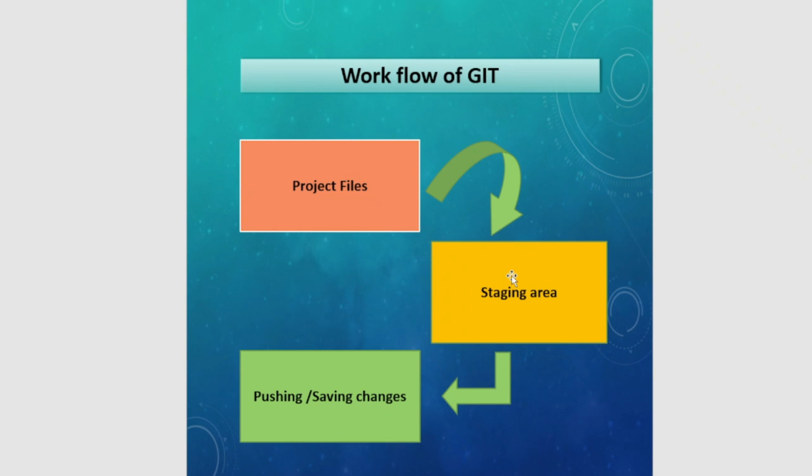Okay, now what is a staging area? You can say that the staging area is a compound where your files are kept, and they are held for approval, in the sense that if they are working fine, and if you have to make any changes or anything that needs to be fixed, for all these functionalities, they are held in the staging area where they are being scrutinized. Okay, so after that staging area, when a developer is purely confident that his code is working pretty fine, he will push or commit the changes.